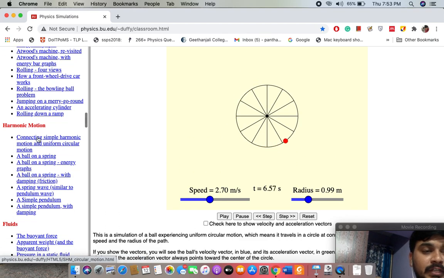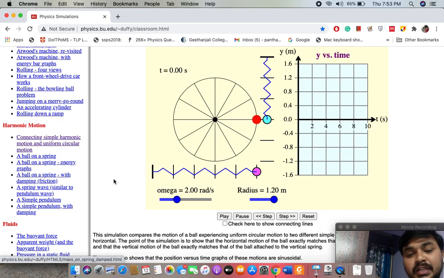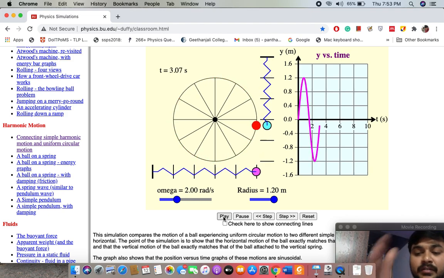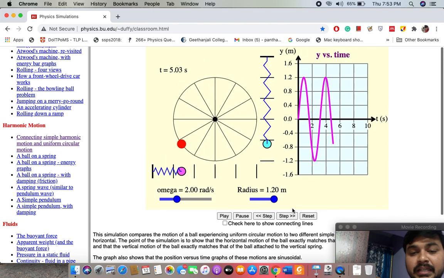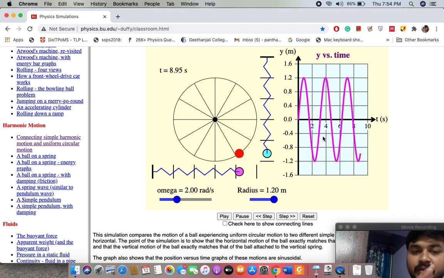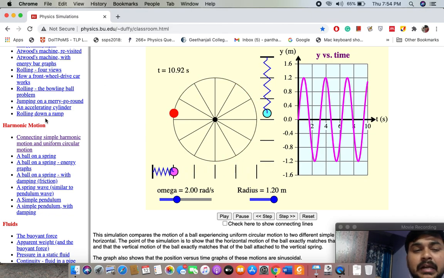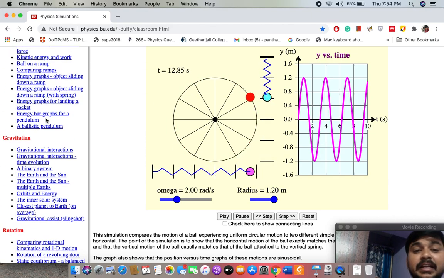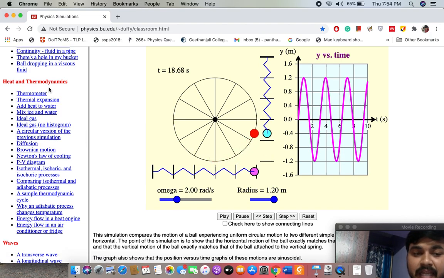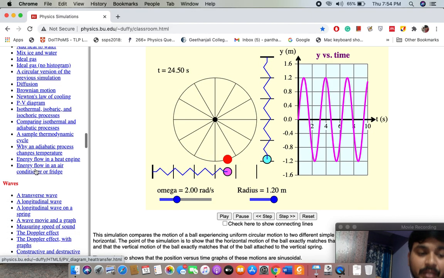And for example, if you want to explain harmonic motion, these are the harmonic motion related animations. You can play the animations with a graphical explanation. That is a very beautiful thing about this website. Almost every intermediate related physics animation is available in this index. This website is specially designed for students of 10 plus 2 level. So it is a very beautiful website, and please make use of it.